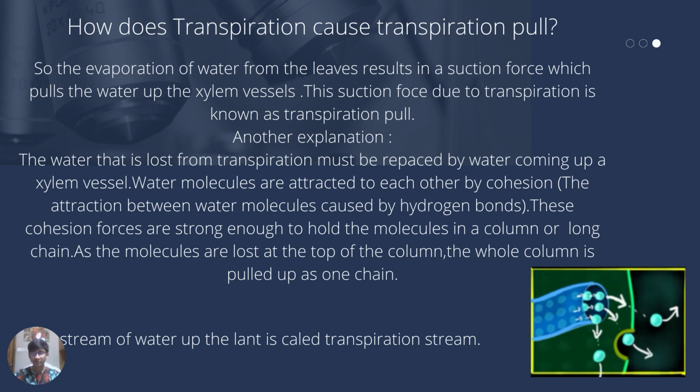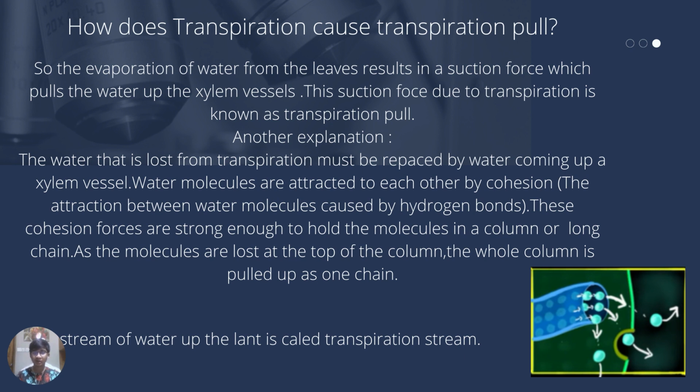Basically, the water molecules are attracted to each other by cohesion or cohesive forces, that is due to the hydrogen bonds between the molecules. These cohesive forces are strong enough to hold water molecules in a column or long chain. And as the molecules are lost at the top of the chain or column, the whole column is pulled upwards